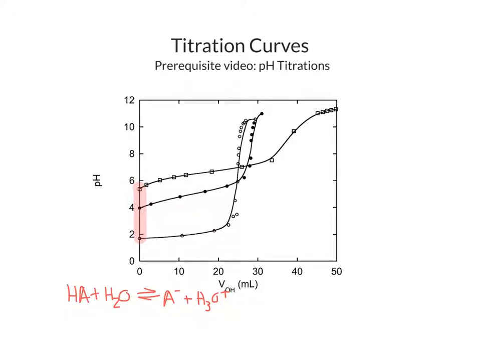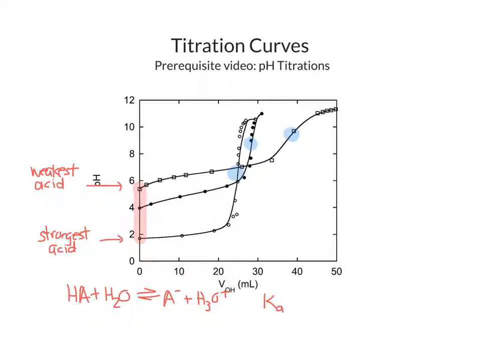And so we can see that this is the strongest acid, and this is the weakest acid. The strongest acid will have the largest value of Ka, and the weakest acid will have the smallest value of Ka. The next thing we can notice is that the pH at the equivalence point for each of these acids